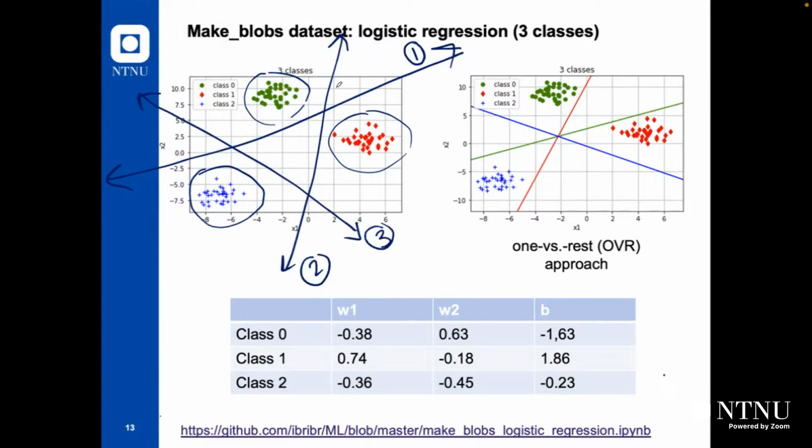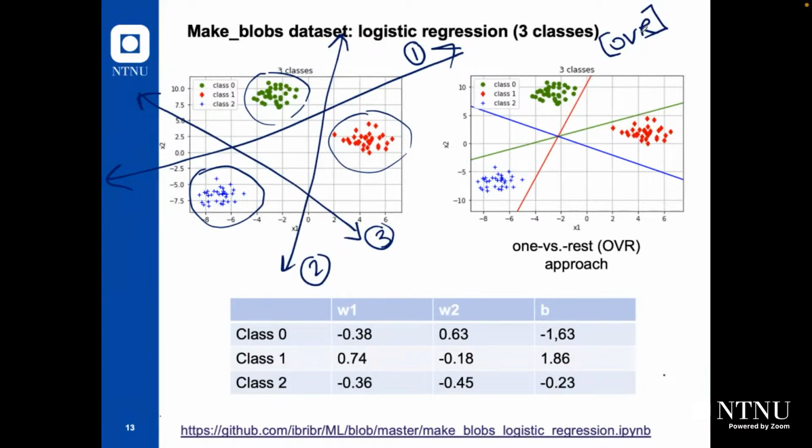So model number 1 will classify the green one against the rest. Model number 2 will classify the red against the rest. Model number 3 will classify the blue one against the rest. So this technique is called one versus rest. It's a very important technique, and we can use it to extend a linear classifier to solve